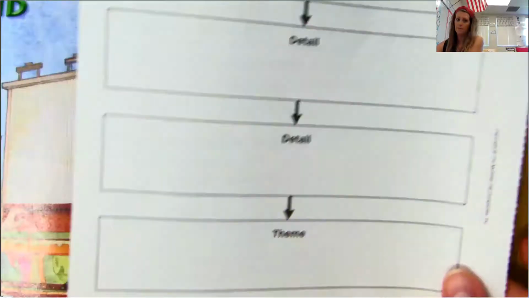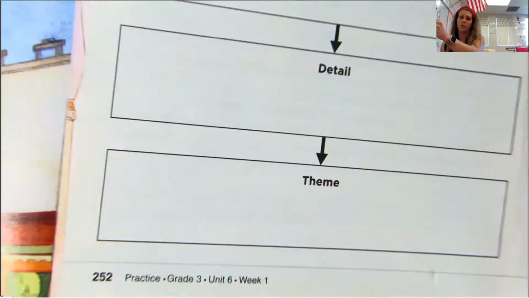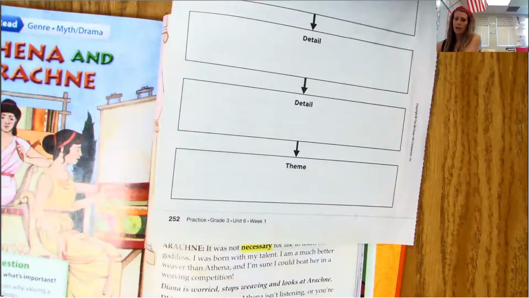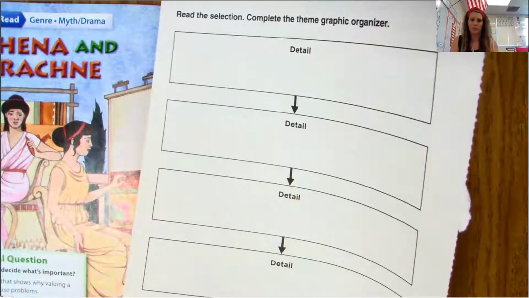Okay, so you're also going to, in your Turn book, want to turn to page 252. 252 in your Turn book. Okay, so we've got our graphic organizer, page 252. Hello, making it big, sorry. That page we will be using as we're reading.